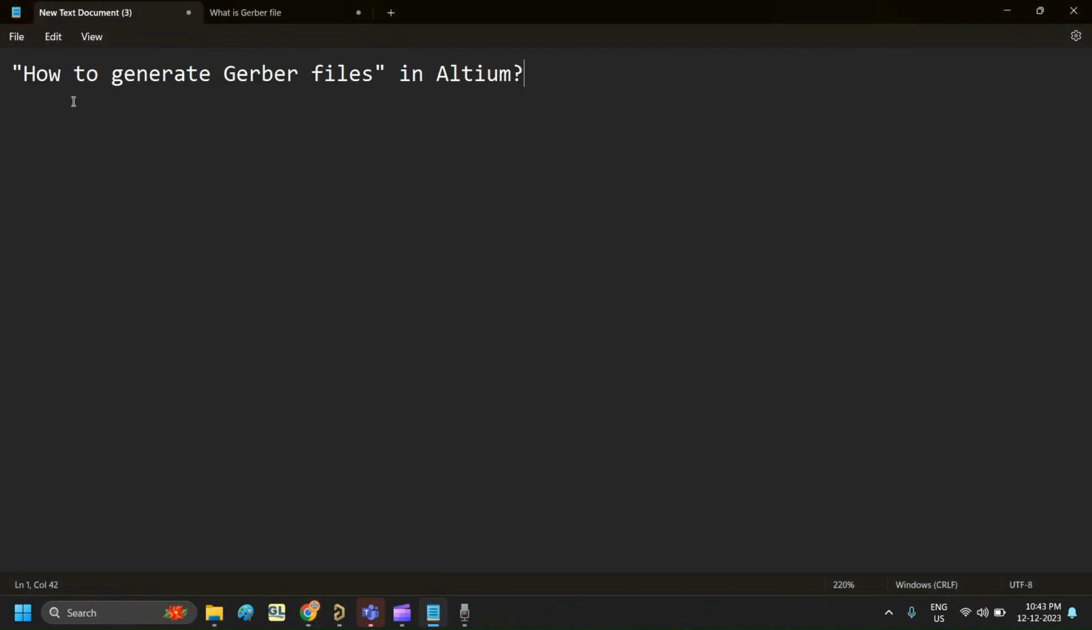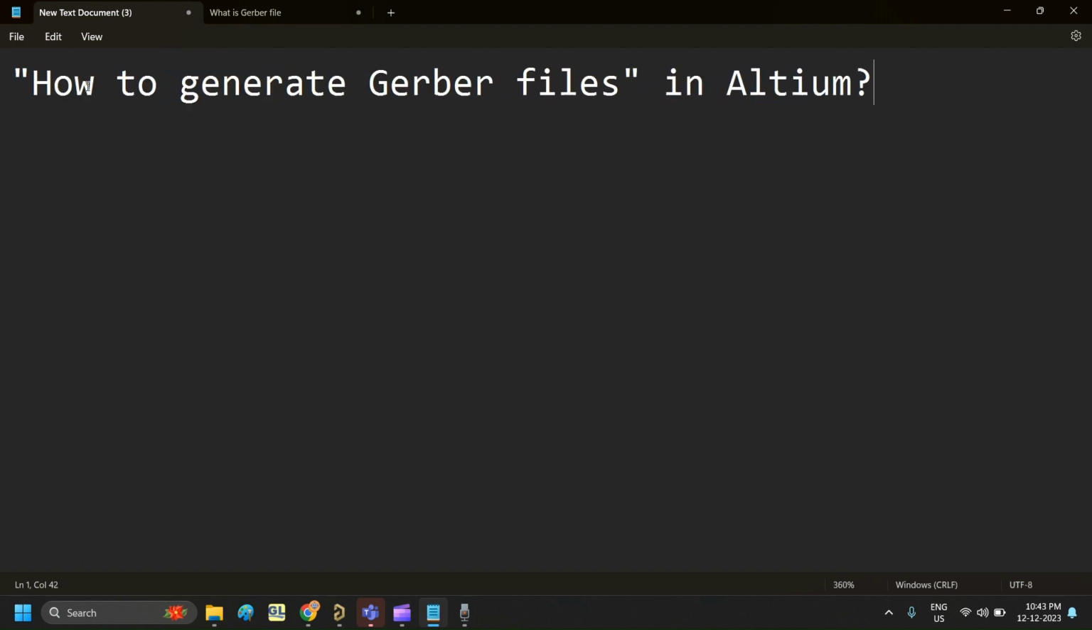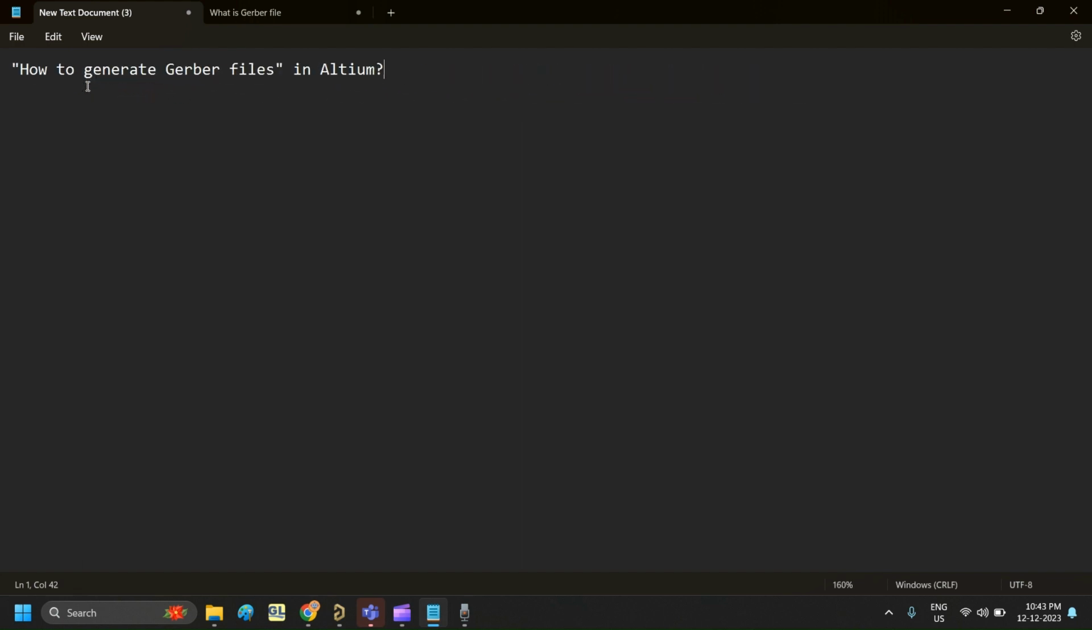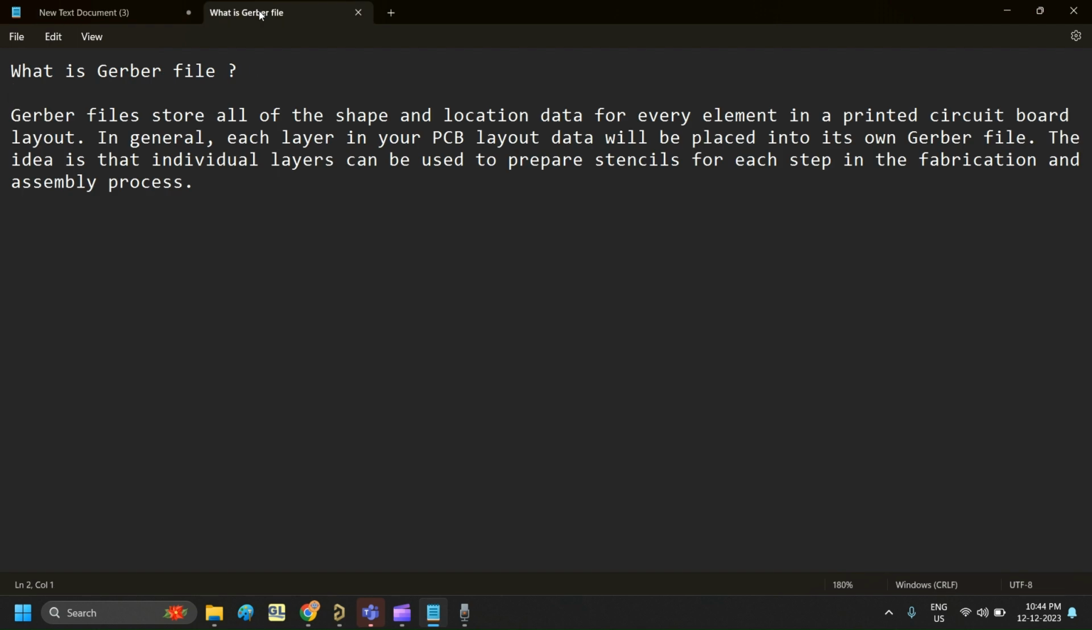Today's video is about how to generate Gerber files in Altium. So let's check what is a Gerber file. A Gerber file stores all of the shape and location data for every element in a printed circuit board. In general, each layer in your PCB layout data will be placed into its own Gerber file. The idea is that individual layers can be used to prepare stencils for each step in the fabrication and assembly